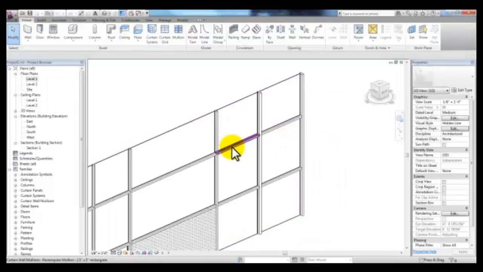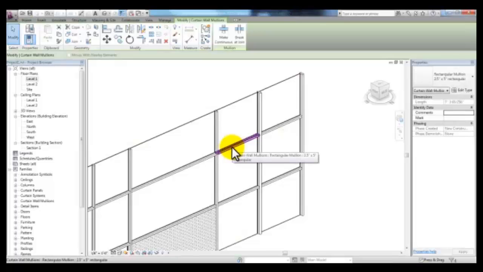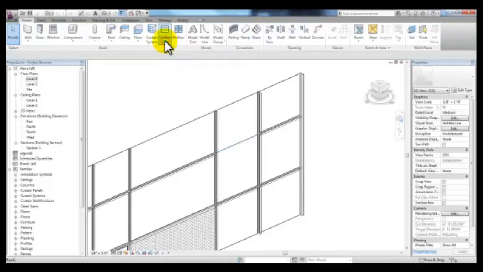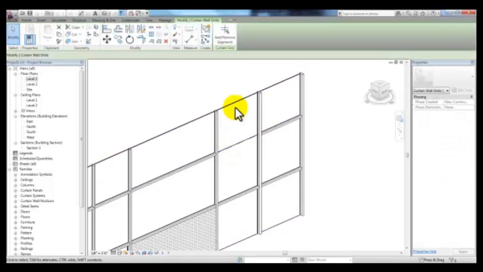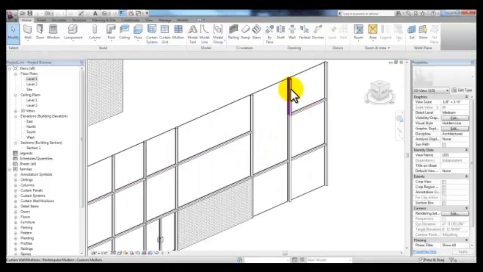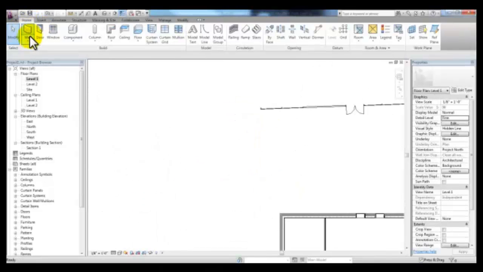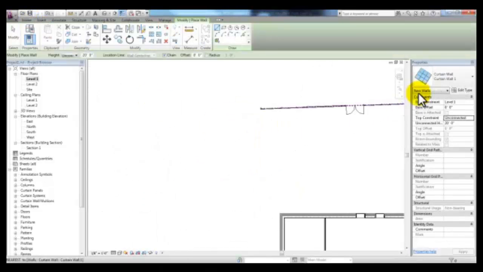If we select a mullion and delete it and want to remove this portion of the grid, we can select the curtain grid and pick Add Remove Segments, and then select this segment to delete it, creating a different panel size. Now in the level 1 view, we'll draw a curtain wall